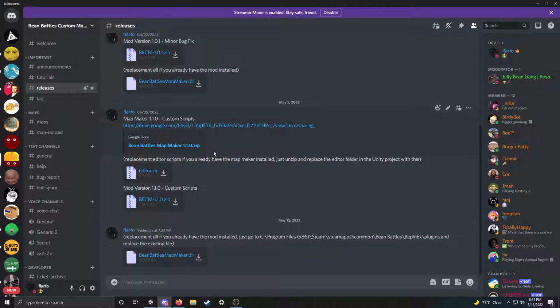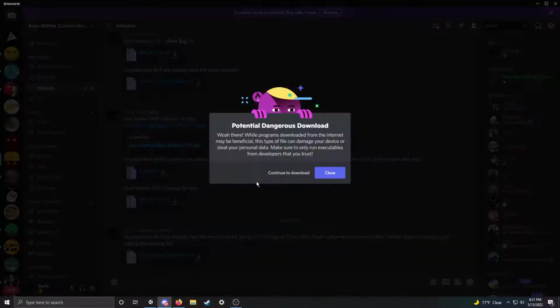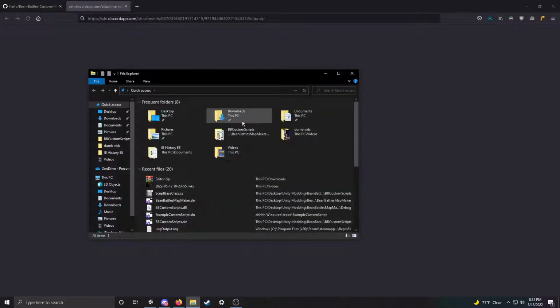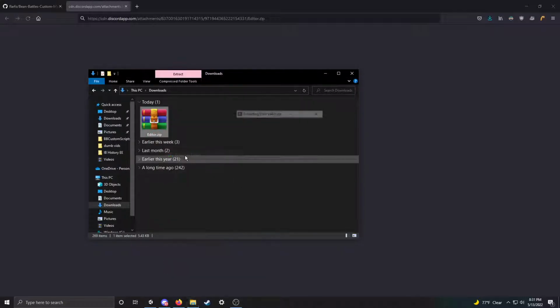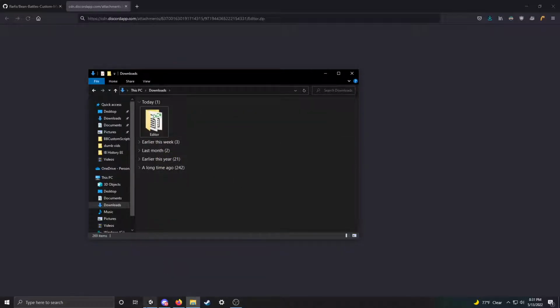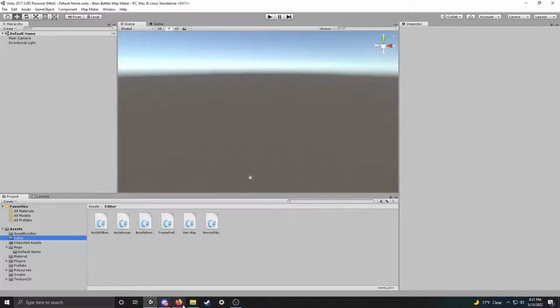Anytime a new update comes out, like this MapMaker 1.1.0 release from a few days ago, if you don't want to go to the Google Drive and reinstall the whole Unity project, which is a total waste of time, you can just grab this editor.zip file that comes along with the release. You can see here, this editor.zip, just download that. And all you have to do is extract that, go into your Unity project, and then you see this editor